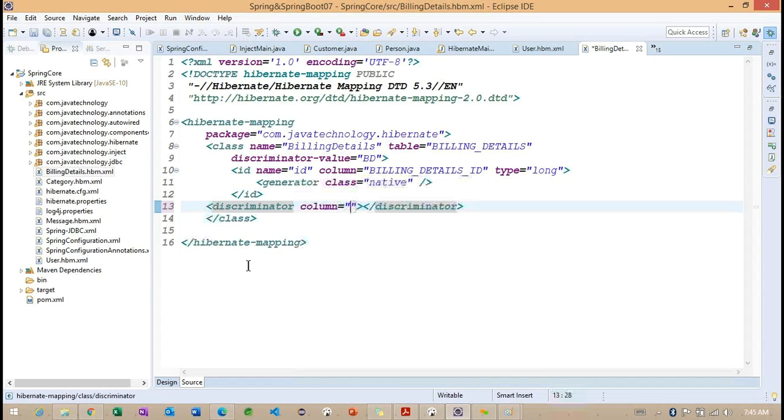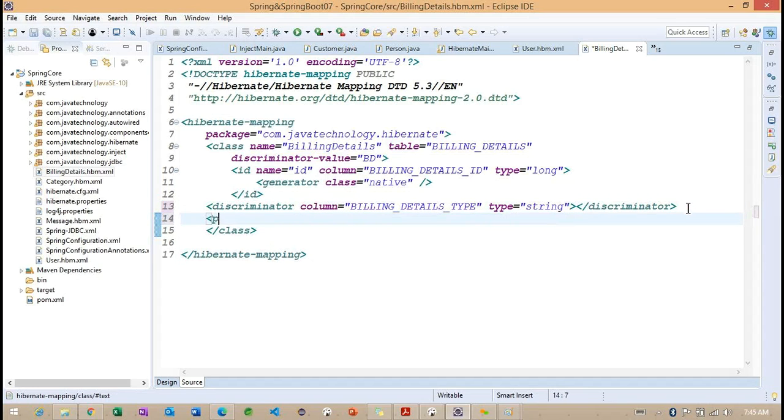You can see we are having the column here, the column billing details type. And the column type here, so we are going to specify as a string here.